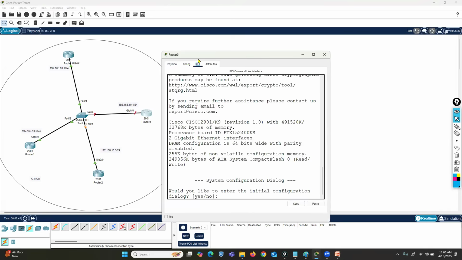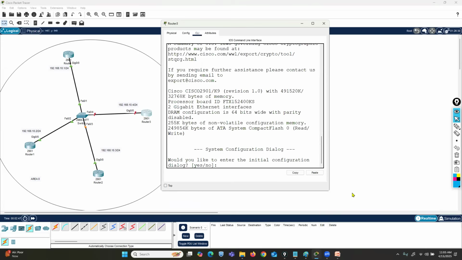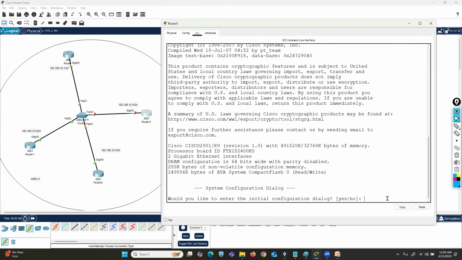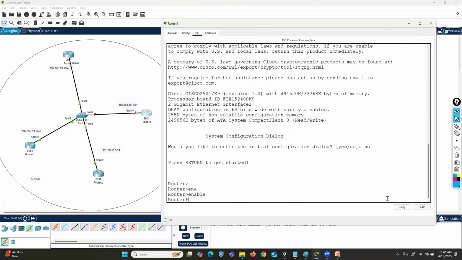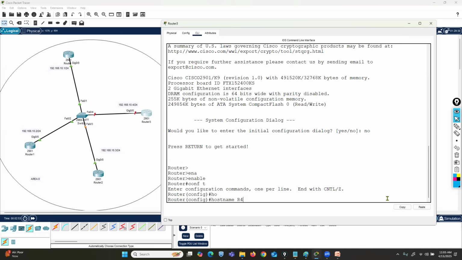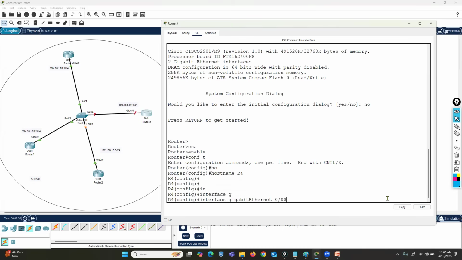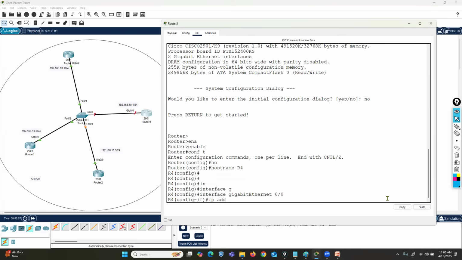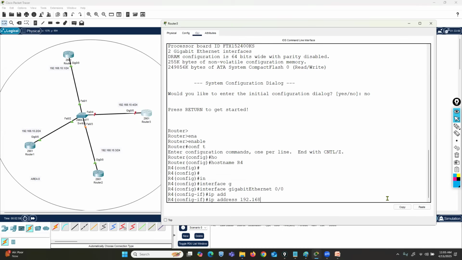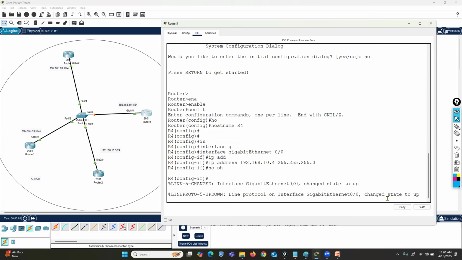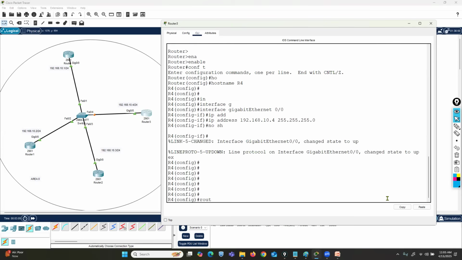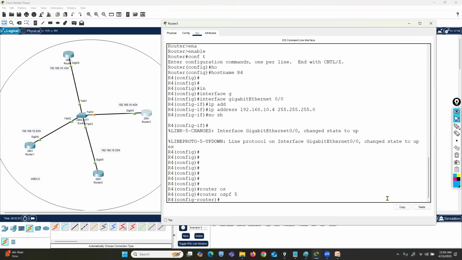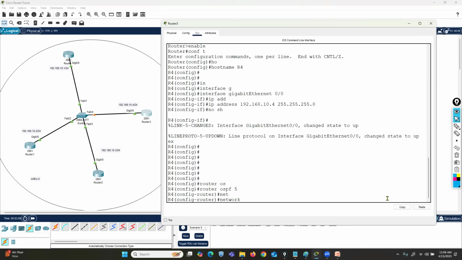Let's go to R4. Host name R4, interface gigabit Ethernet 0/0, 192.168.10.4 mask, no shutdown. Now router OSPF process ID, network